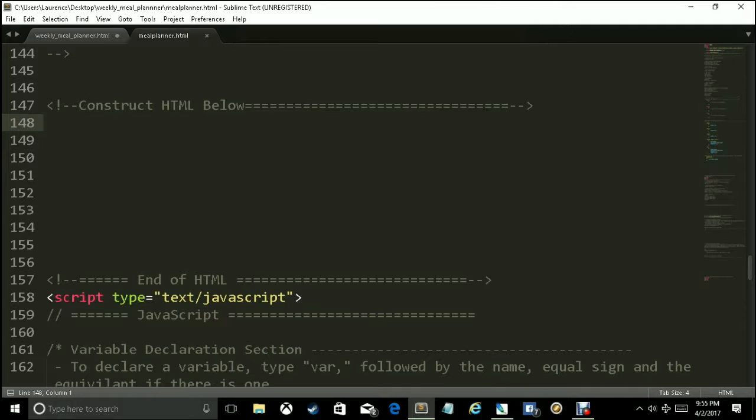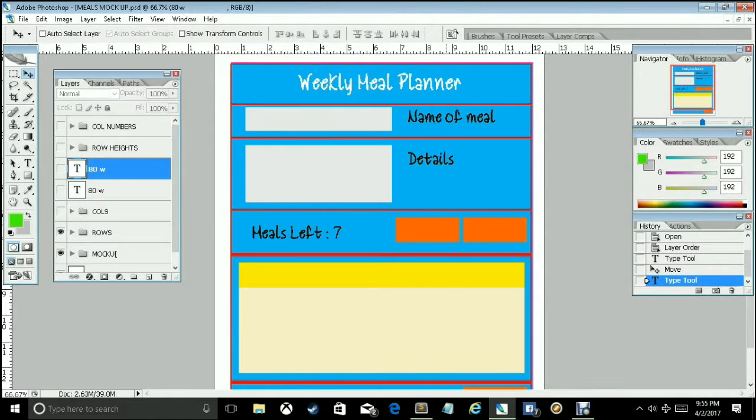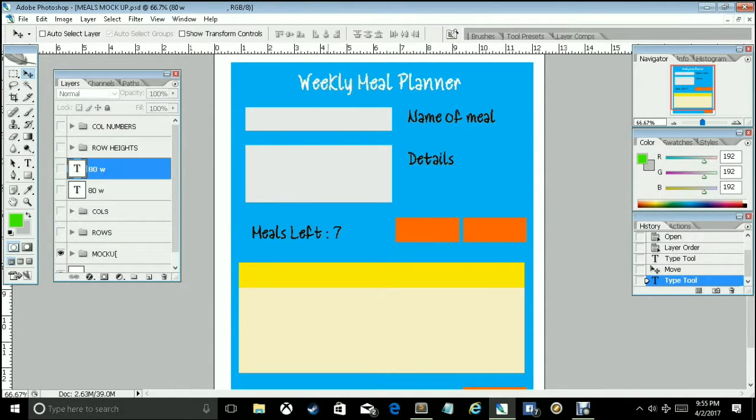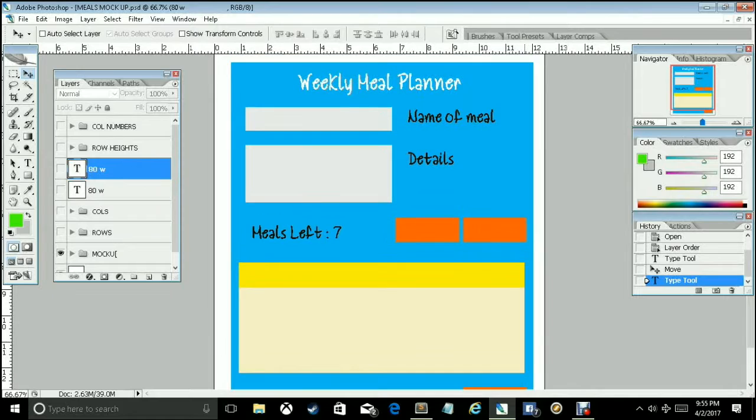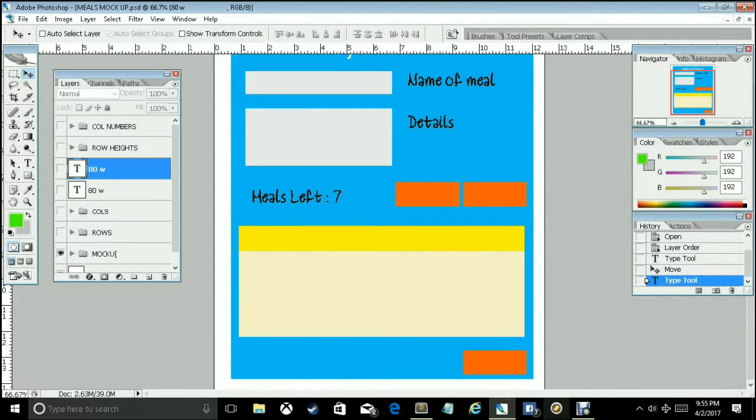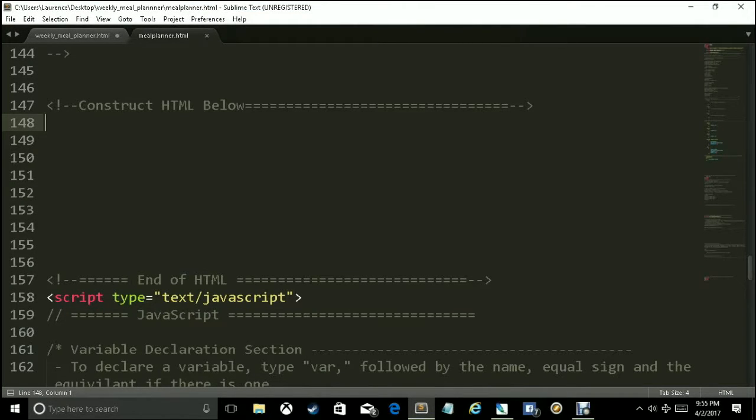Back in Sublime Text. Navigate to the line that says construct HTML below. We're going to begin here on the next line below it. We'll start with creating the wrapper div. Now remember back in our mockup, the wrapper div is used to control the overall content. It's the first div that we will create. We'll do this by selecting the less than sign, followed by the word div,